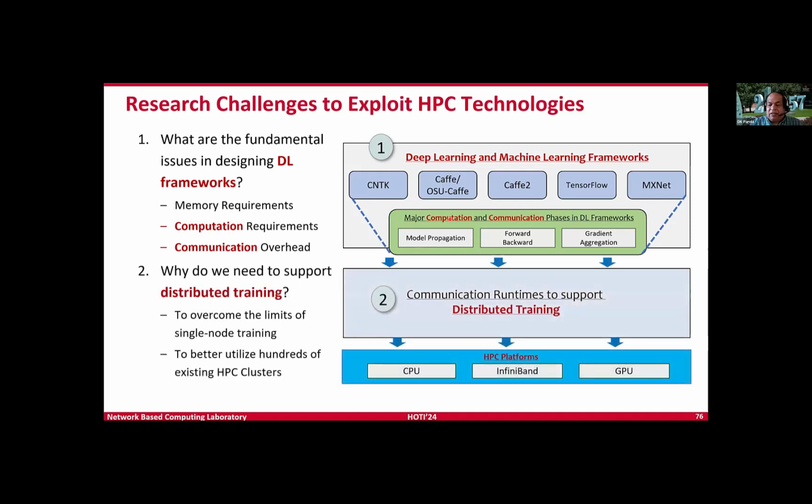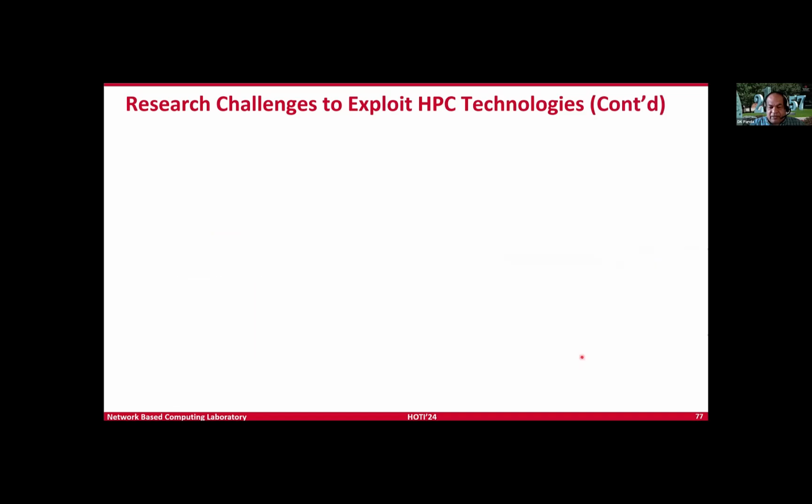Then the second one is distributed training. That might be within one node, but once you go outside the node, this is where the communication overhead is, and you need to have a good communication runtime. We saw an example when Nawras ran lab 2, going from 1 GPU to 2 GPUs, you saw some overhead. We'll try to do some more labs and you will see as you go along. It depends on how the underlying library is designed, whether it is using InfiniBand, CPU, GPU. If we can minimize that overhead, then we'll be able to scale.